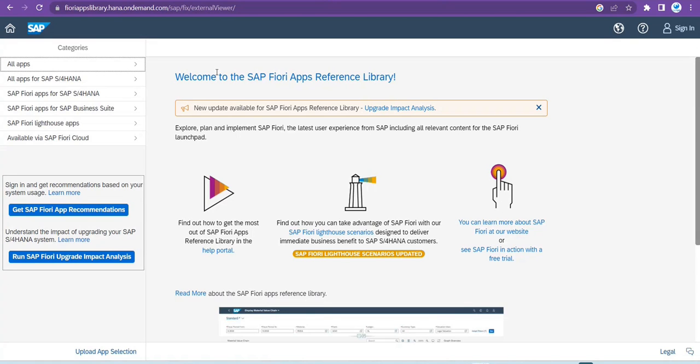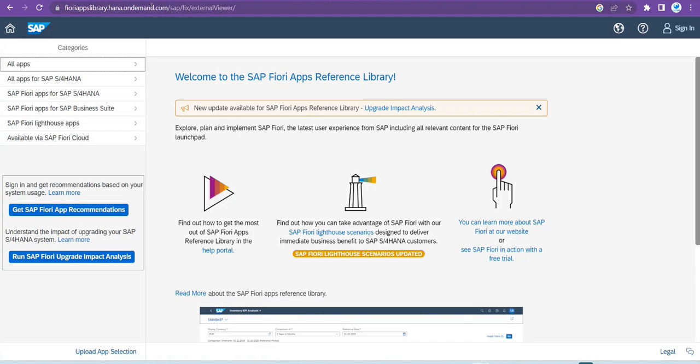Done on the different data and all. If each and every functionality is available within that standard app, do you think that we should go with the custom solution? No. In that case, we can simply go with the standard app. Okay. So to check the standard app,